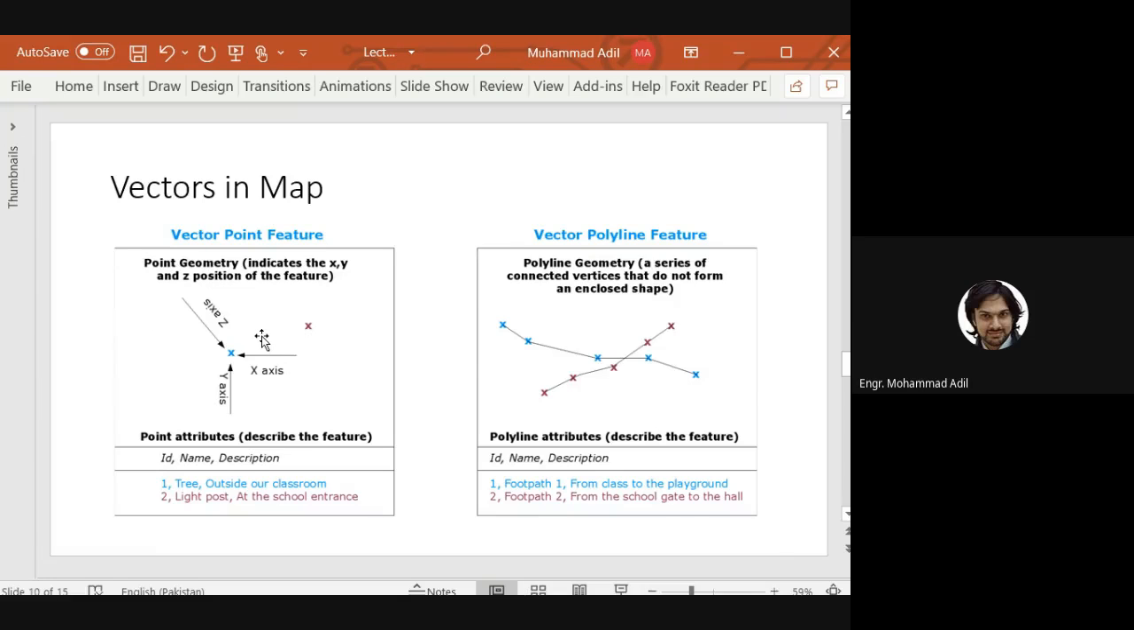Sometimes we need to show certain details that can be well represented by a polyline instead of a point, and they're shown here on the right side. And here again we have two different features shown. One feature is a polyline created by joining blue points, and the other one is purple points. And of course,